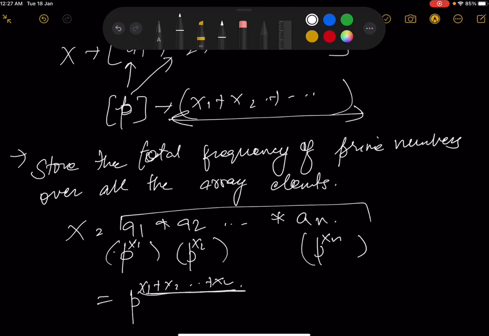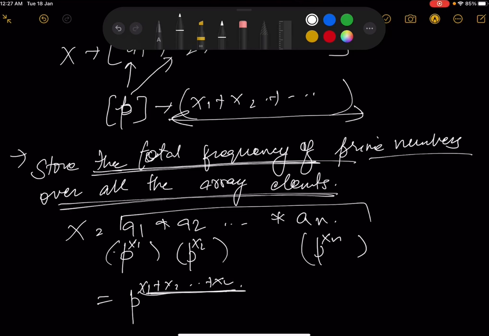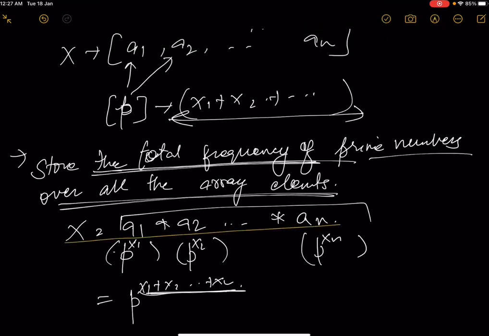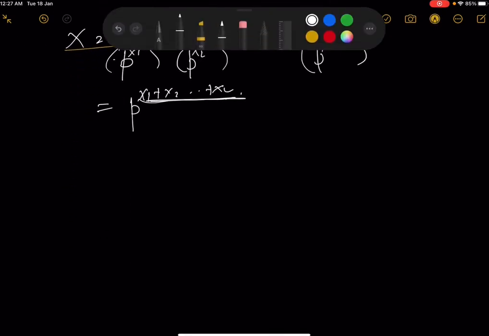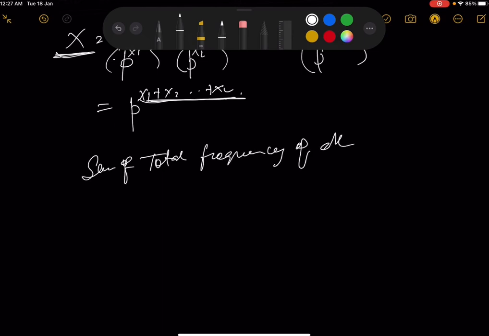So for every prime number p, we will be storing the total frequency over all the array elements. We will just sum them together. Once we know all the prime numbers and their respective frequencies in the number x, we can calculate the number of paths as the factorial of the sum of the total frequencies of all prime numbers,